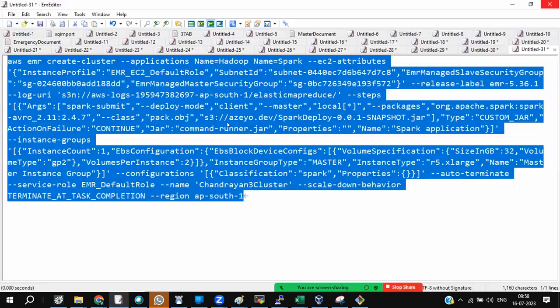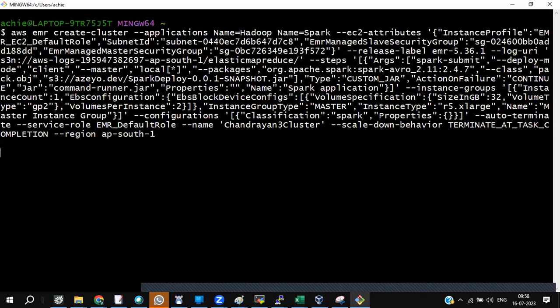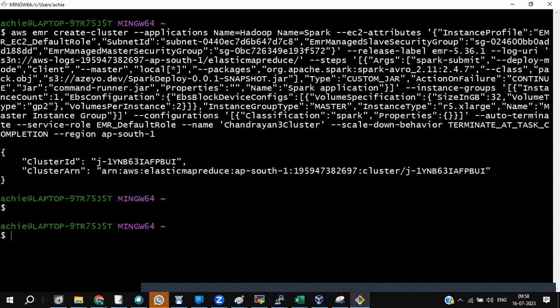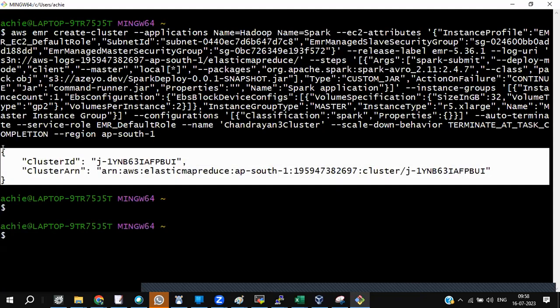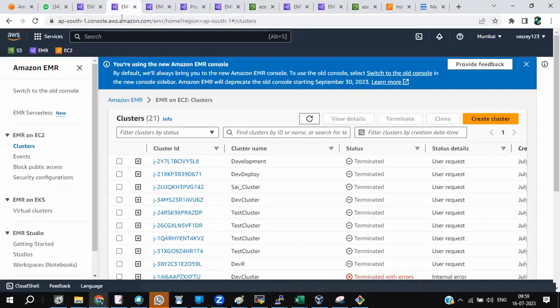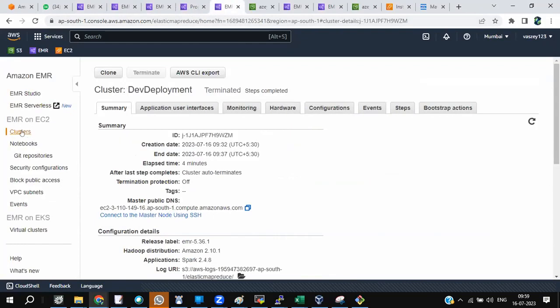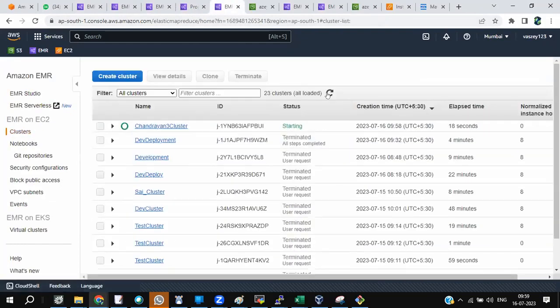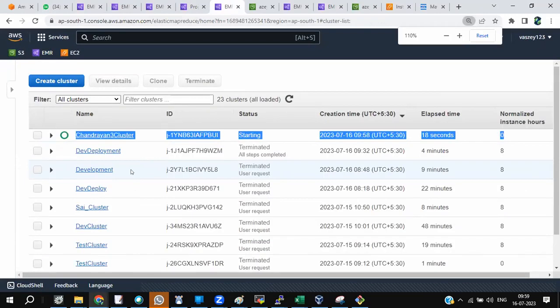Now, this is my cluster, this is my whole command. By the time I shoot this command, folks, it creates a cluster and it will generate. Can you see something it has generated back? All of you here? Yes or no? Yes. Now have a check. If I go back to the cluster terminal, your Chandrayaan 3 cluster will be getting started. Can you see this, all of you? Makes sense? Yes, sir.